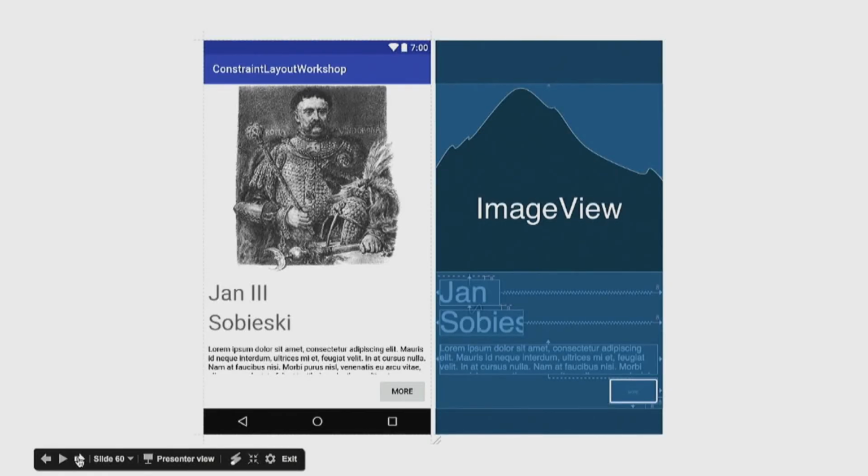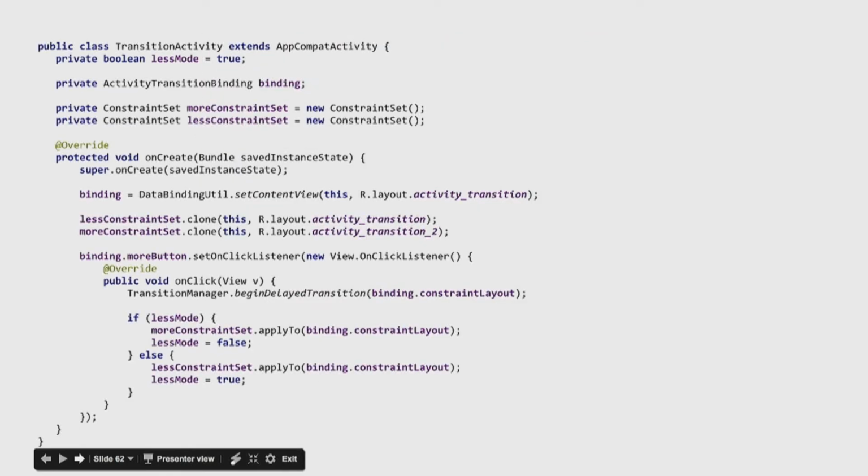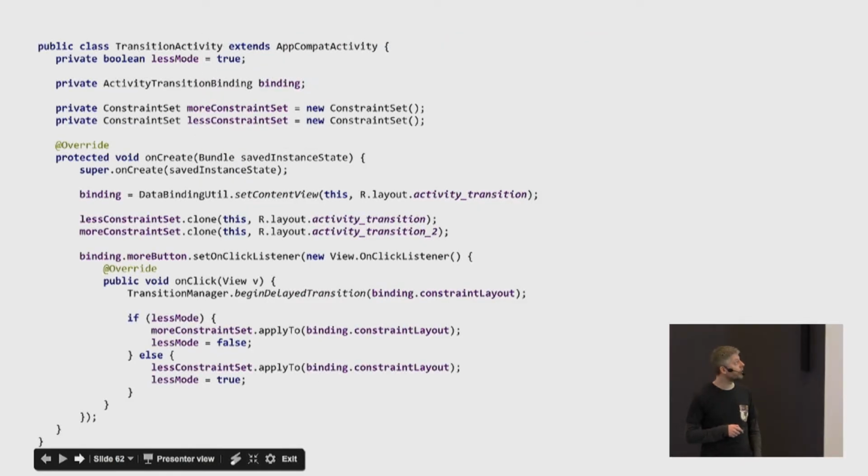So first of all, I'm going to speed up a bit. I created the first layout. This is the first layout created using ConstraintLayout, okay? Then I created the second layout, with the bigger text inside and the text to the right. This is another ConstraintLayout created in a separate file. And to make this transition in the code, all I have to do is write this, and it looks